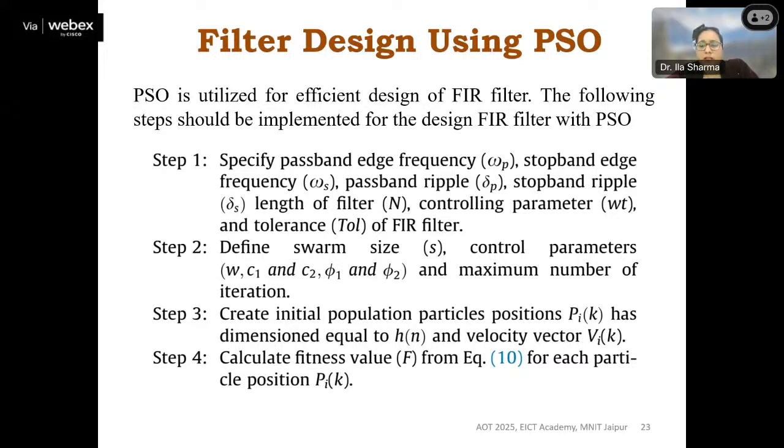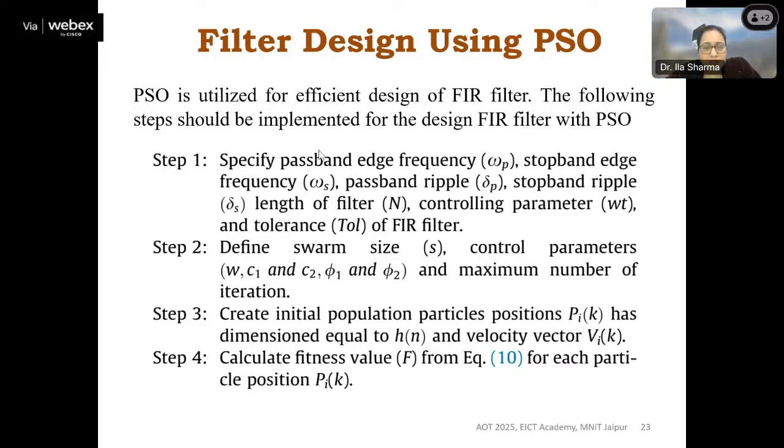We need to specify these iterations, which can be 40, 50, 100, whatever value you want to take. Depending on the convergence of your algorithm, the iteration count can be further modified. So initially I will suggest starting with fewer iterations, then try to increase, and find when your convergence is happening, then you can set the final iteration value.